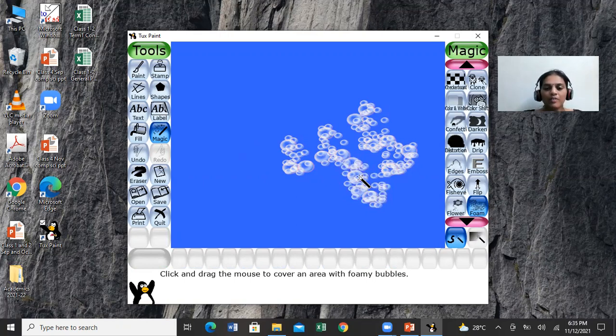Now we are going to the next topic called rainbow and real rainbow effect. You know what a rainbow is, right? Yes, which you see in the sky before rain or after rain. How many colors do we see? Seven colors, and we also call this rainbow Vijaya. Now there are two options in TuxPaint. One is a rainbow effect, the other one is a real rainbow effect. You may ask me what is the difference between them.